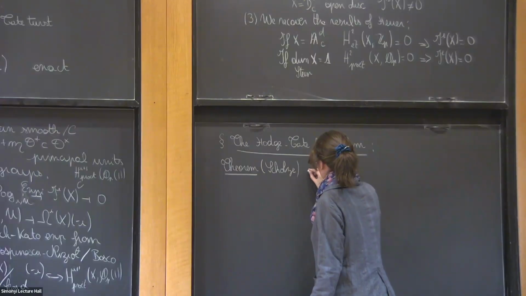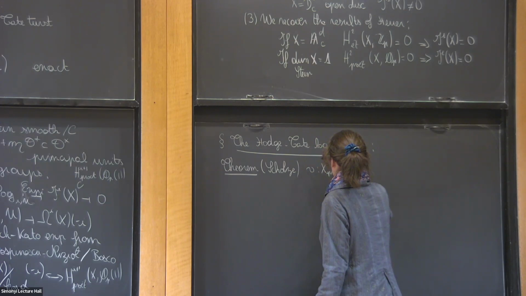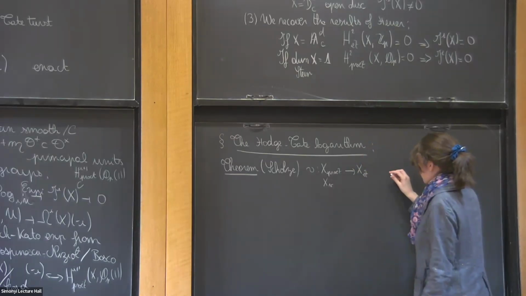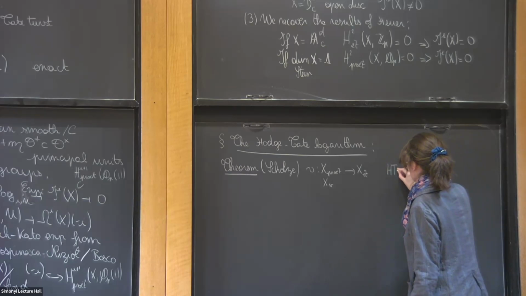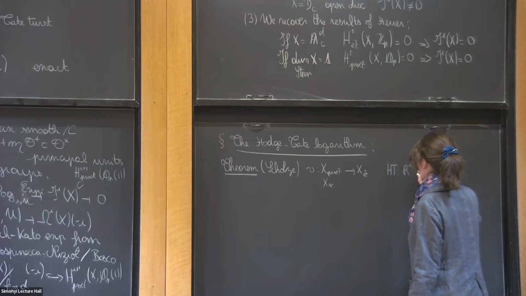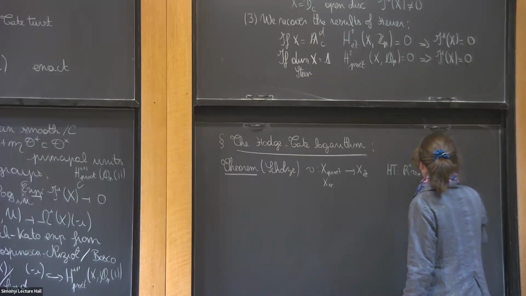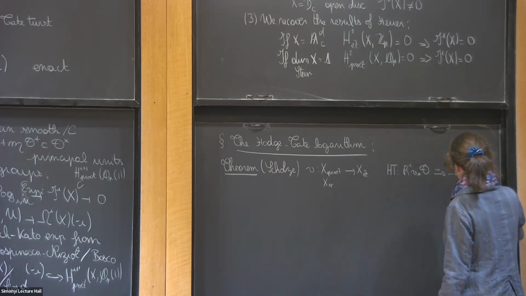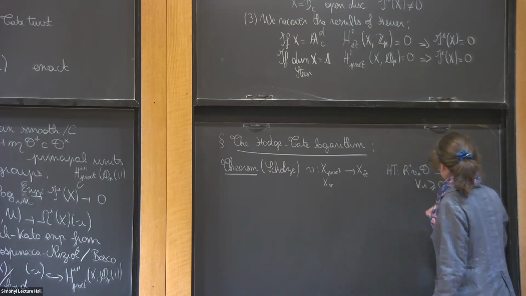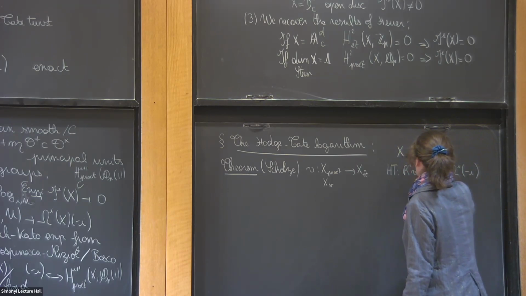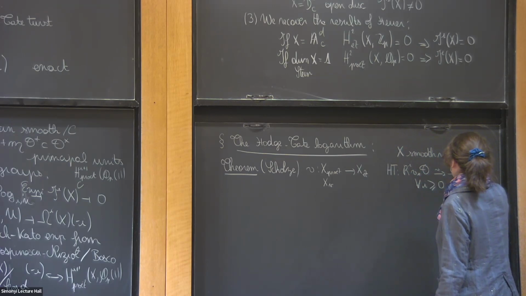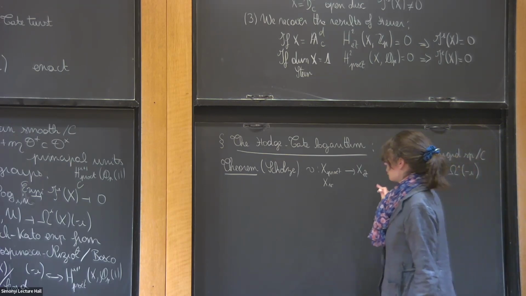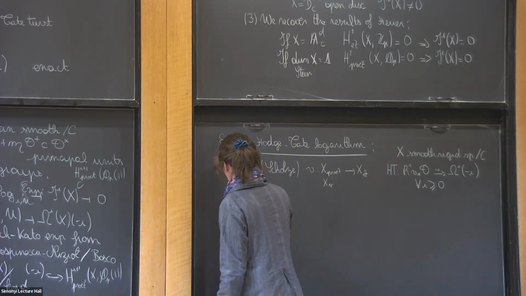So we have this theorem, which is also true for the proétale side, and we have the Hodge-Tate morphism: the R^i ν_* of μ is isomorphic to Ω^i(-i) for all i, and X is smooth. So we have this Hodge-Tate morphism, and then if we use the Leray spectral sequence,